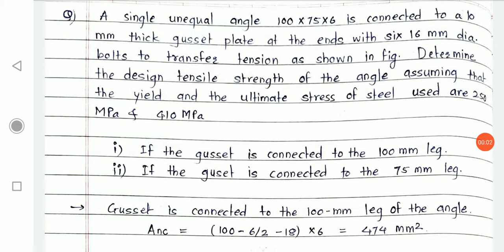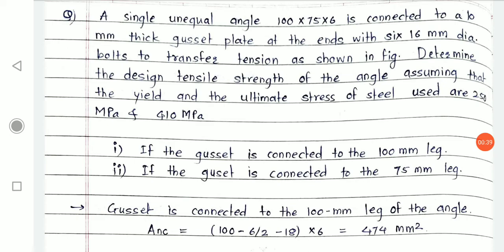Hello students, in today's session we will discuss the problem we were discussing in the last session. We will continue that same problem because in the last session we have finished up to the failure mode of yielding, in which the gross area of a section will yield, and before failure due to yielding, what strength the section shows. That formula I have taught you. That formula is already mentioned in your IS code on page number 32 in section 6.3.